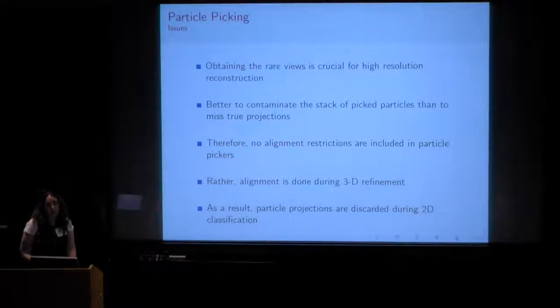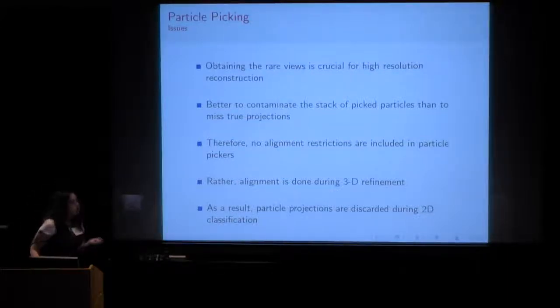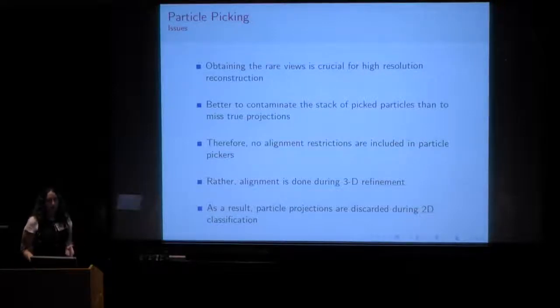And we figured that, like I said, the problem is that we find that these particles are sometimes very badly aligned. And particle pickers themselves usually don't have any alignment step. The reason they don't have an alignment step is that we so don't want to miss rare views. We would rather have false detections than miss the rare views, because they're very important to the reconstruction resolution. And if you add restrictions that have to do with alignment, you're going to end up throwing out particles that might be good particles. So till now, alignment was not a part of particle picking, and in the Apple Picker 2.0, we added a